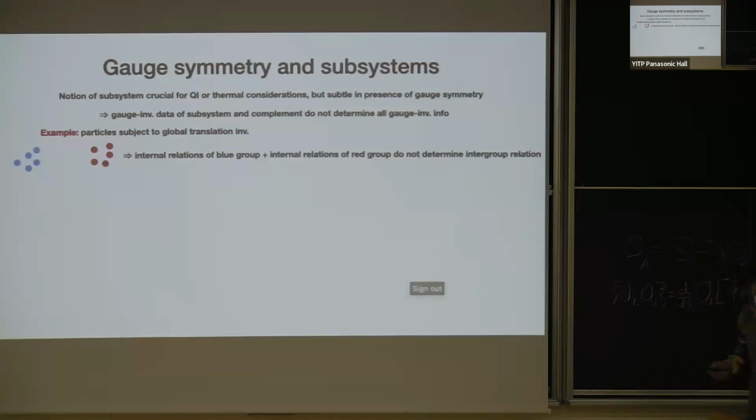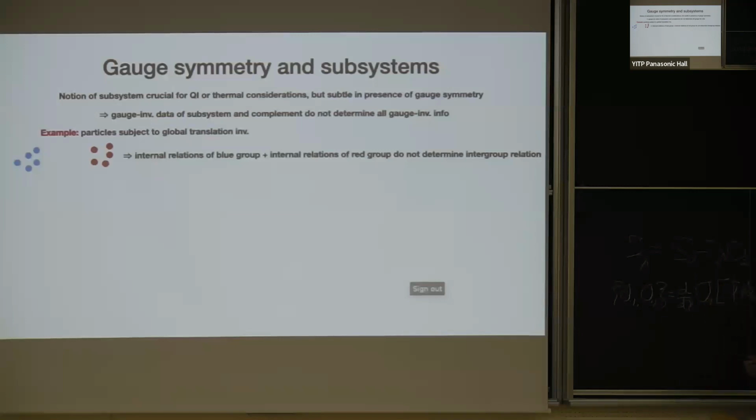Is that okay? Then the last topic is really again about locality, but now we want to discuss notions of subsystems, defined relative to such a frame. And why do we want to have it? Of course, if we want to discuss in gauge-invariant ways quantum information properties, or space-time thermodynamics associated with subregions, and look at how different subregions interact, or even if you want to look at emergent space-time scenarios where you build them up from smaller constituents, then this is something one should be worrying about.